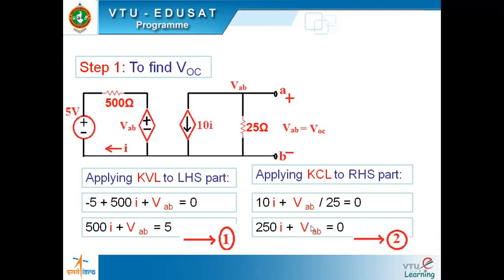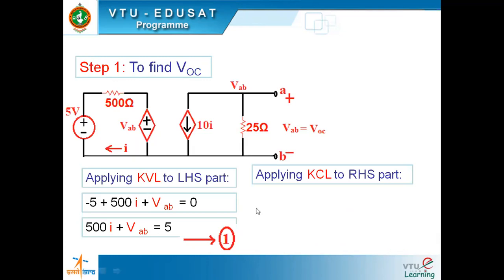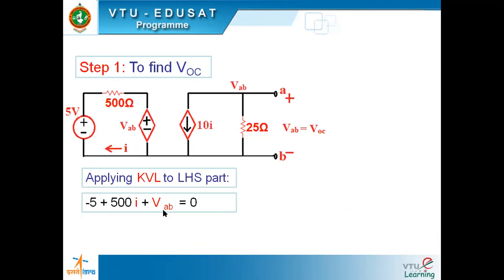So you have two equations, two unknowns, I and VAB. Use your calculators and get me I and VAB. Simple. Your approach can be anything provided you know your basics. Otherwise, you could have gone for finding VAB in terms of I, then have an equation only in terms of I, find I, and go to the second part to find VAB.